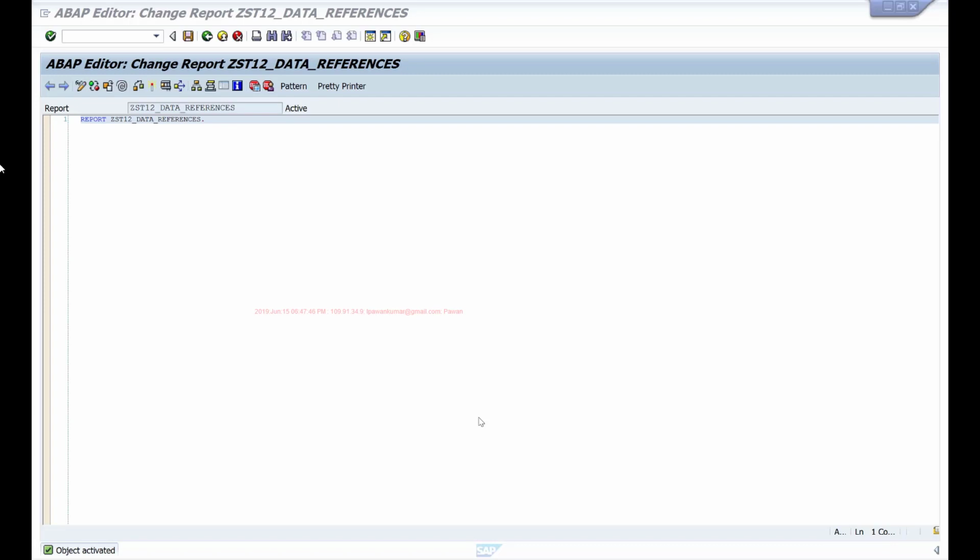Whereas with data references, when you assign a data object to a data reference, it simply gets you the address of the memory of that data object. So it won't be pointing to that data object directly, but you can get the address of that data object into your data reference, and then you can modify the value. In this session we'll talk about how you define these data references and how you can get a reference to an existing memory using them.